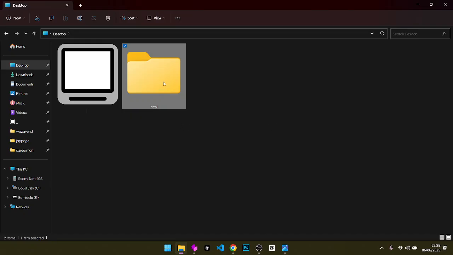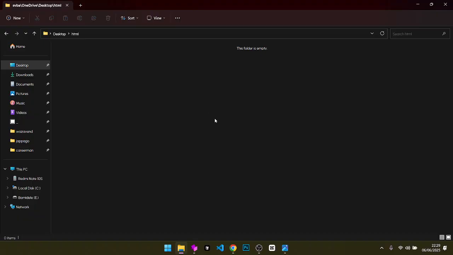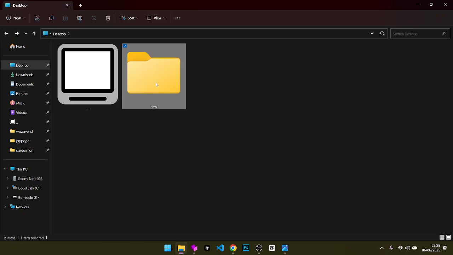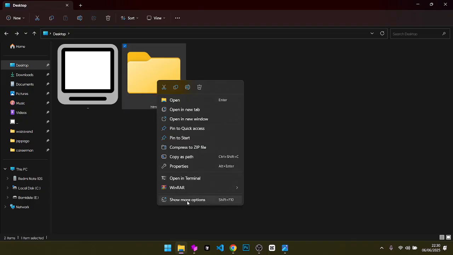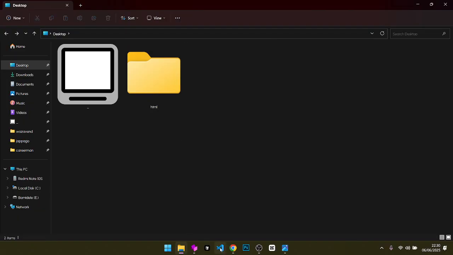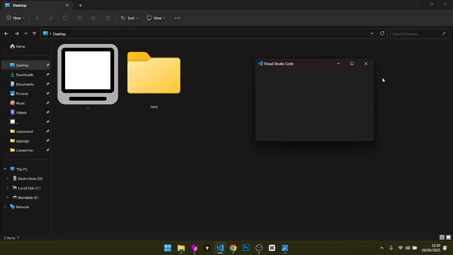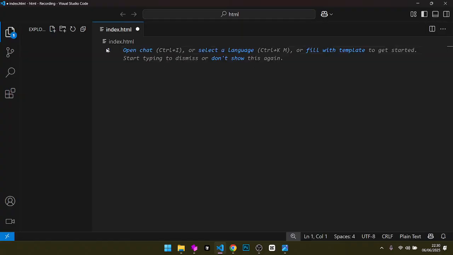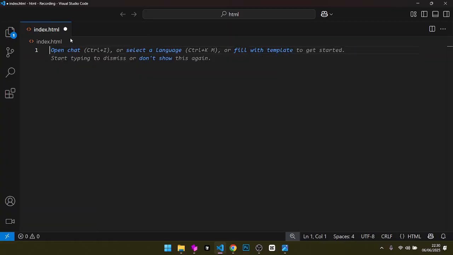This folder is what we use throughout this course. Now I've created this folder, and we can actually create our HTML document within this folder from the File Explorer, but I'm going to let us do everything within VS Code. So all we need to do is right click on this folder, go to Show more, that's if you're on Windows 11, and then Open with Code. If you don't have this option, you can simply click on the VS Code icon wherever you've installed it. Once you do that, you're going to be greeted with this